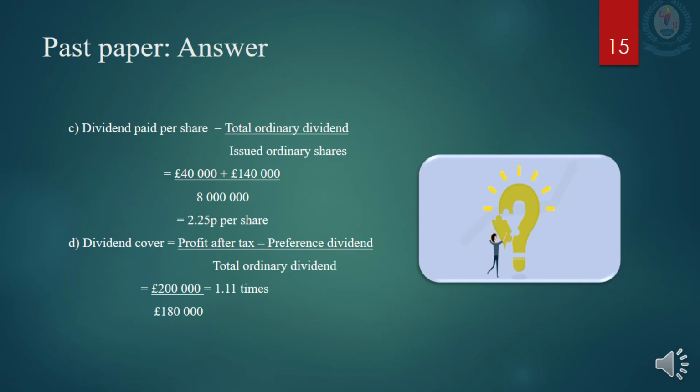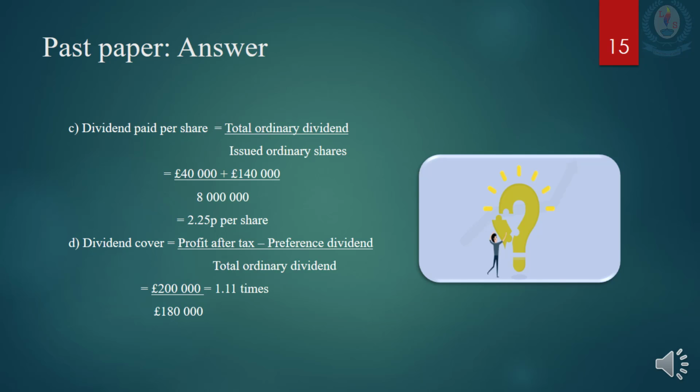Now we will calculate the preference dividend. Have they given us the preference dividend? If not, how can we calculate it? Look children, number of issued preference shares are 4 million. The value is 4 million into the share price, which is 0.5 pounds. Use the calculator, you will get an answer of 2 million pounds. Out of this, 6% will be the dividend. Again use the calculator, 2 million into 6%, it is 120,000 pounds.